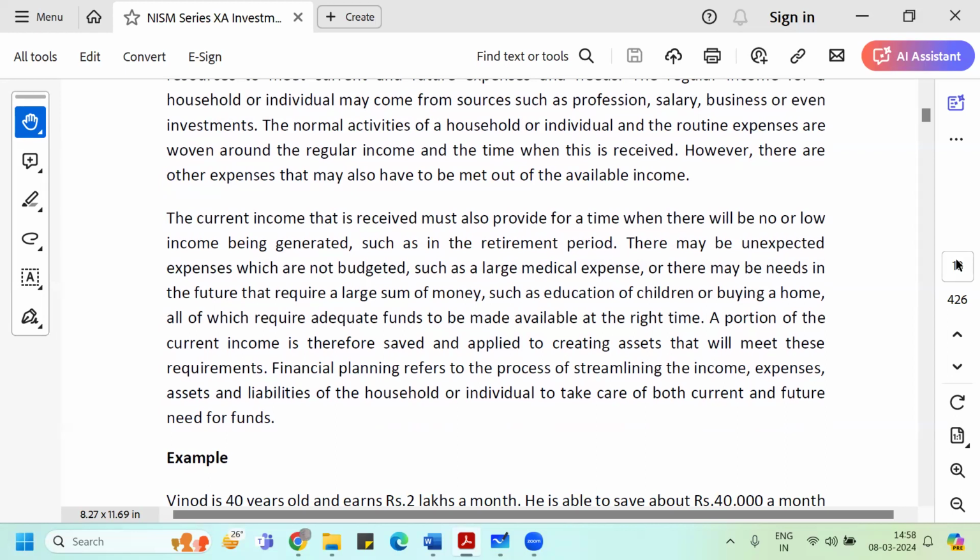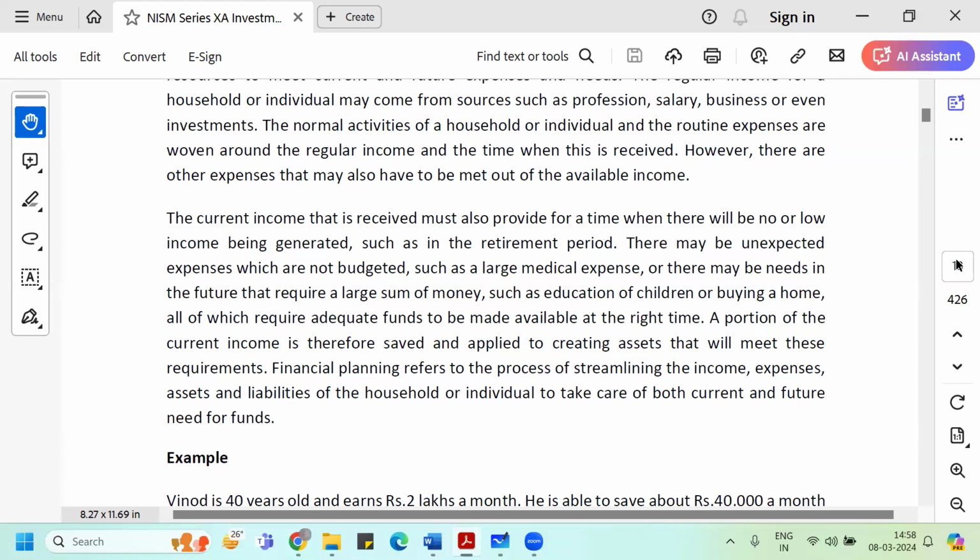They come suddenly, so we need to be aware of how prepared we are for these uncertain situations. So financial planning helps us streamline our expenses, our income, our assets and liabilities,